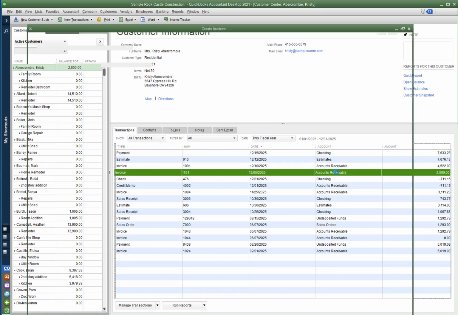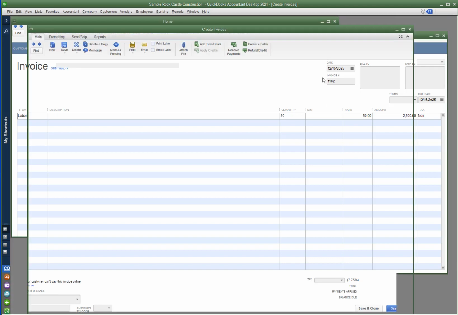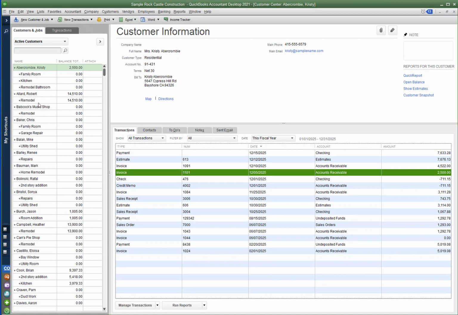There it is. Now, when this invoice was created, we used terms that offer a 2% discount if paid within 10 days, or the net amount is due in 30. Now, this is the QuickBooks sample file. The current date in the sample file is 12/15 of 2025. You can see I dated this invoice for the 5th. So I'm going to close the invoice, and I'm going to